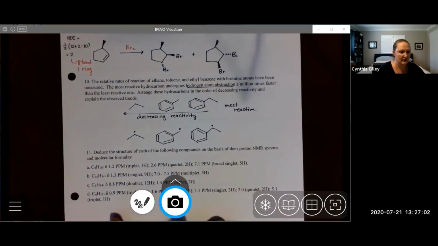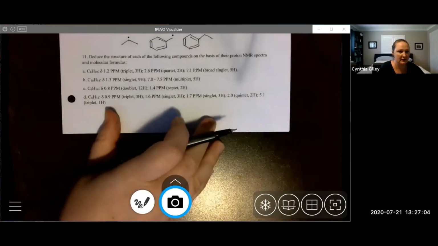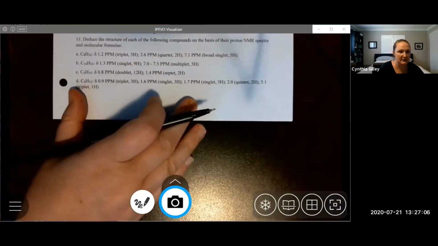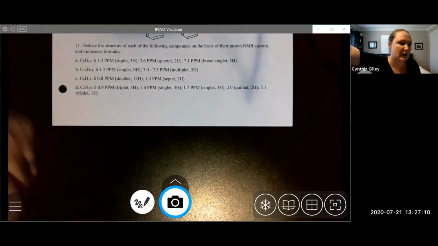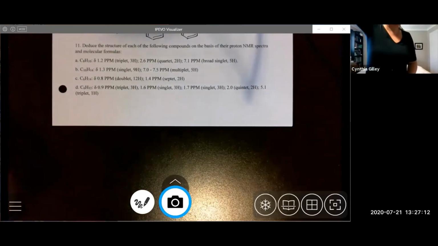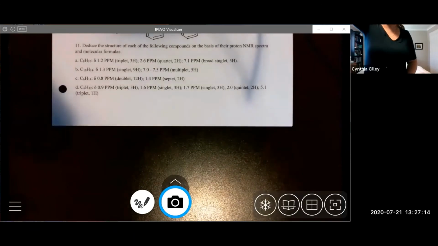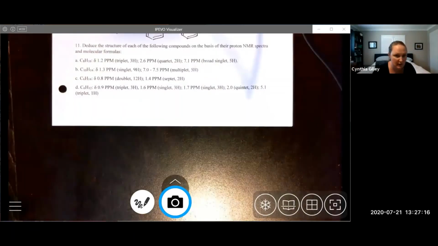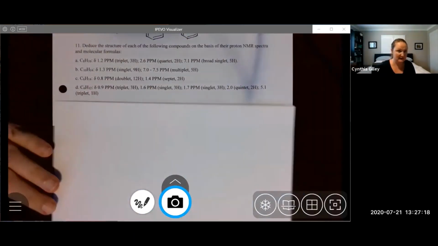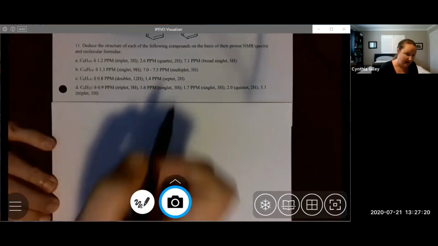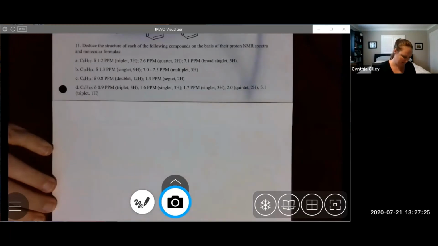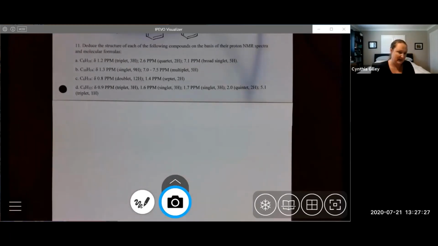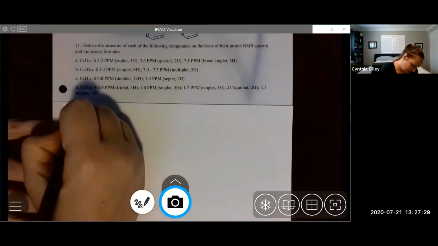Okay, deduce the structure of each of the following compounds on the basis of their proton NMR spectra and molecular formulas. Okay, so unfortunately it's given to us as this sort of data and not a spectrum, which is always preferred. I'm kind of a visual person, but we will do our best here. So we have